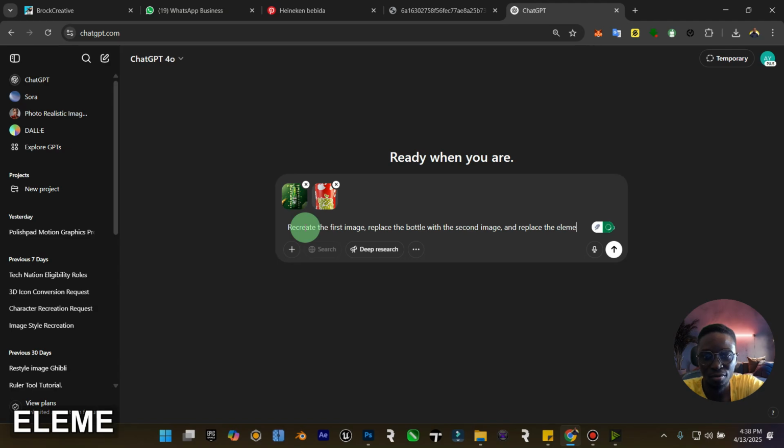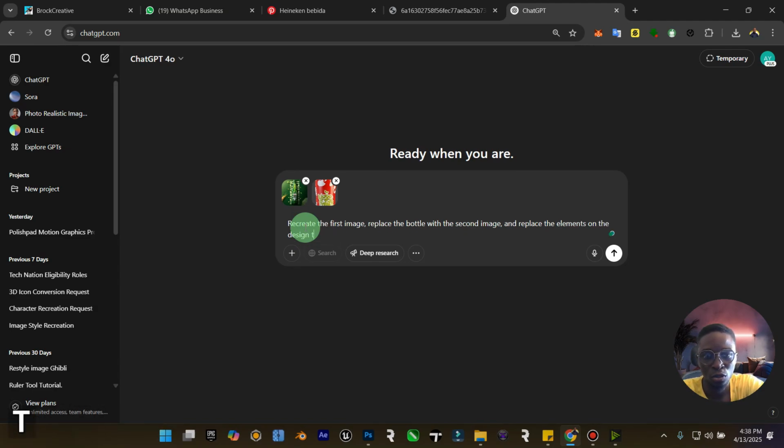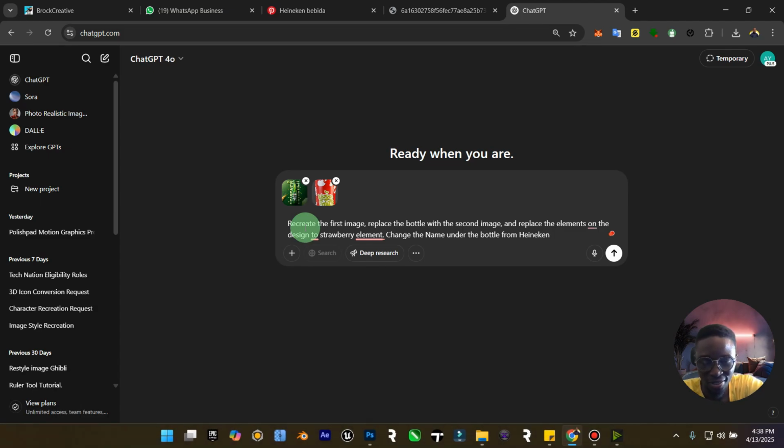The elements on the design to strawberry elements. Change the name under the bottle from, I don't know how to pronounce, I don't know how to spell Heineken. Is it Heineken? Yeah, Heineken to Morango.